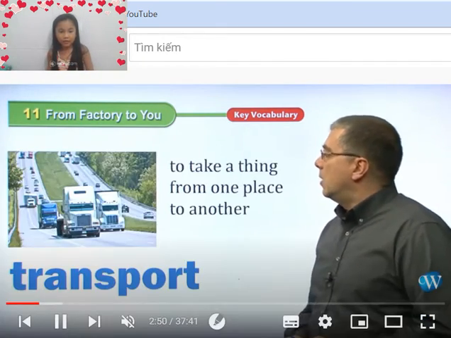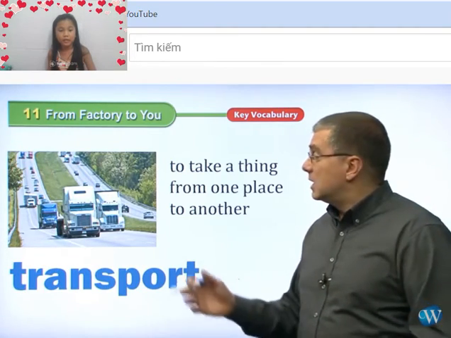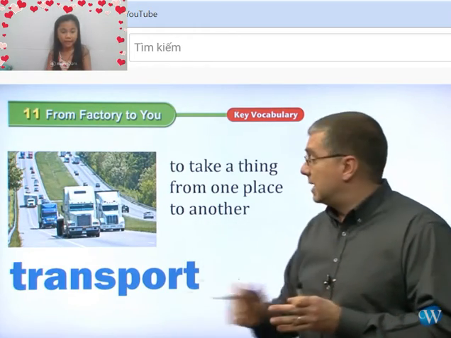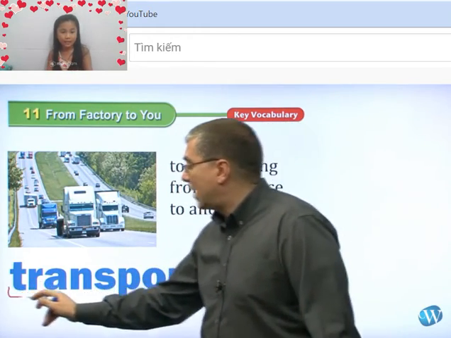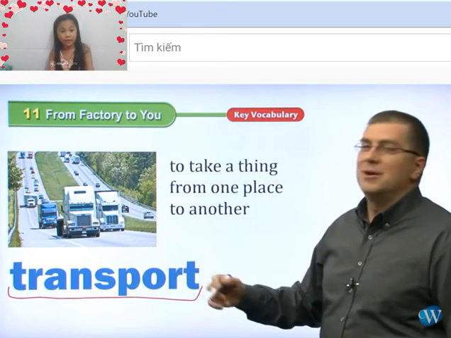The next word we have here is transport. Transport is kind of like port. Port is kind of like a place. If you add trans, then you're moving.